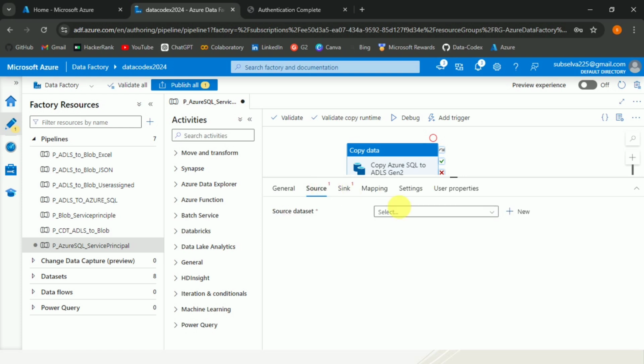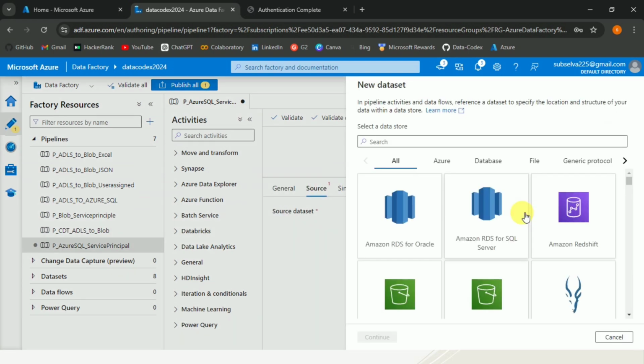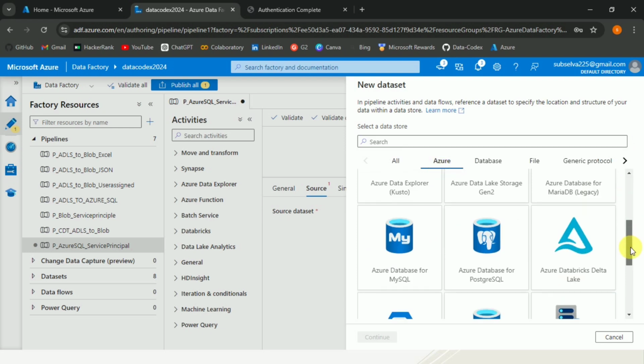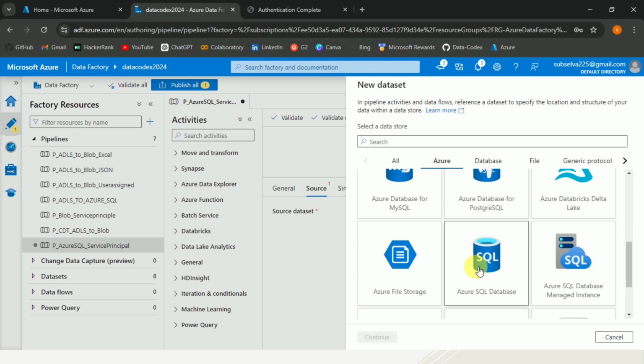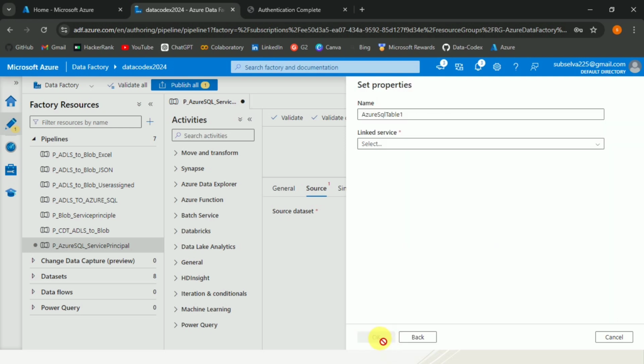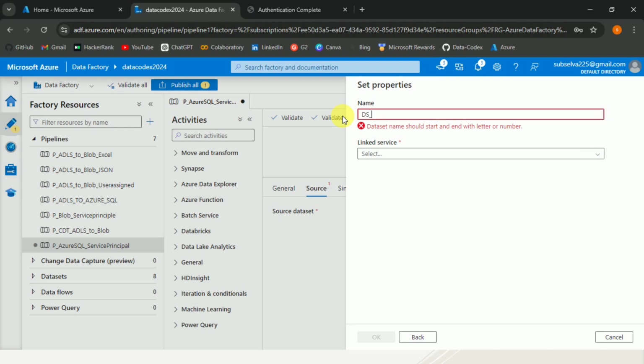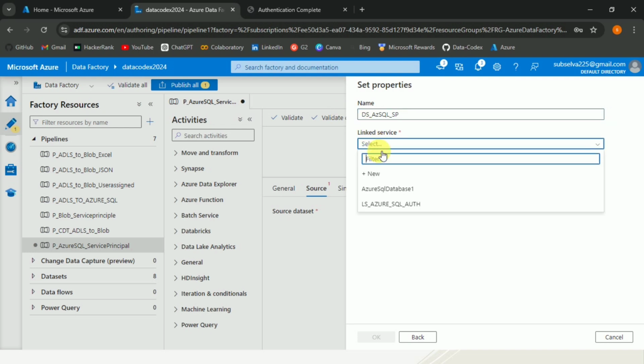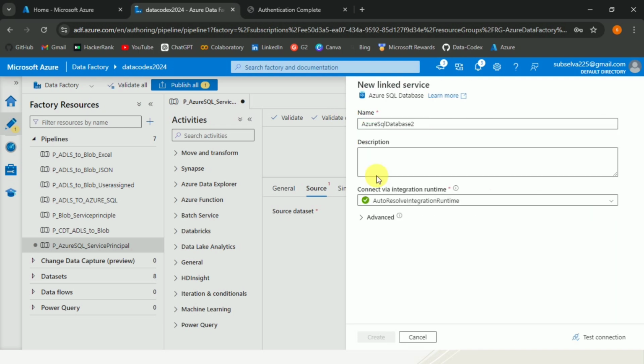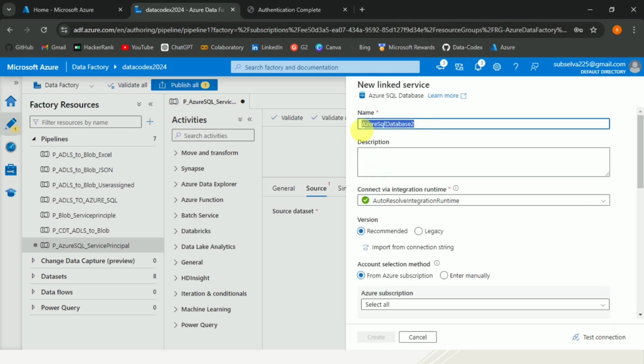So let us configure the source. Let me click on new dataset, navigate to the Azure tab and scroll down. So we can create a new Azure SQL database connection. Let me provide the name as dataset Azure SQL service principal. Let me click on new linked service. Let me provide the name as linked service Azure SQL